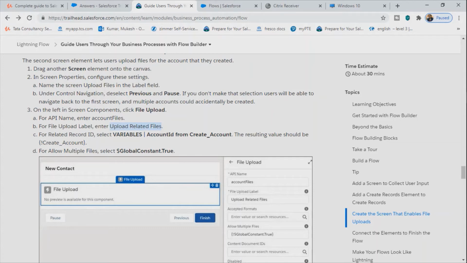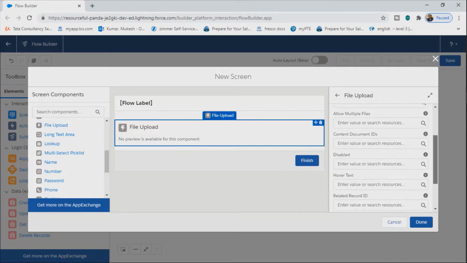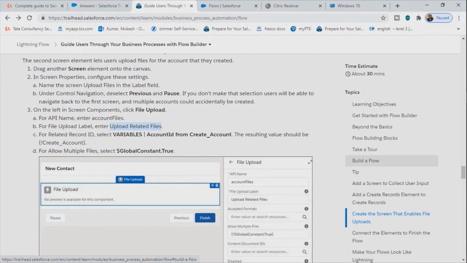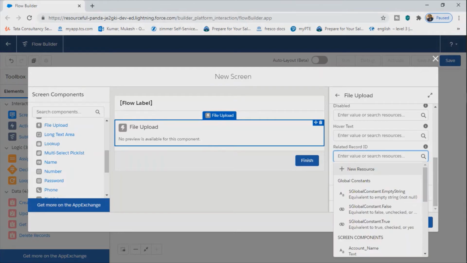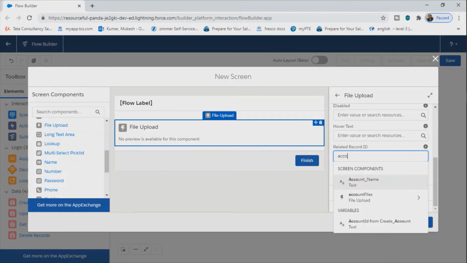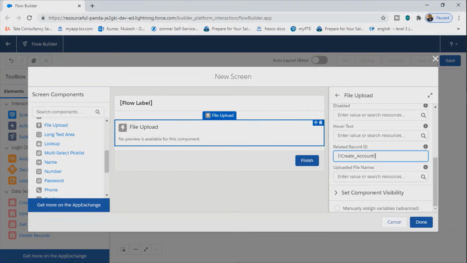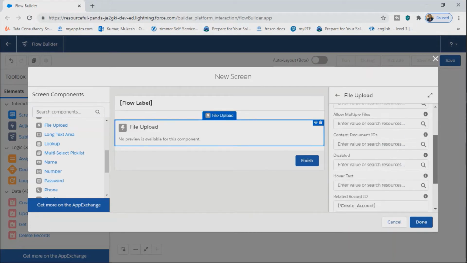Now we will see for related record ID, select variables account ID from create accounts. So we'll select this option, create account, and just scroll down, and here you see this one, related record ID. Here we can select count. So yeah, this one, the variable account from create account. Now see this one, and then